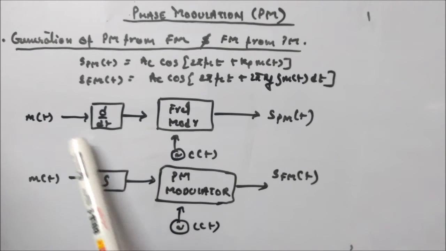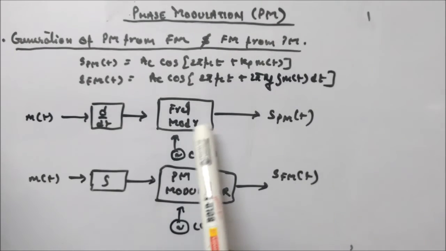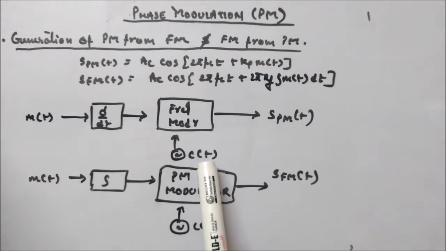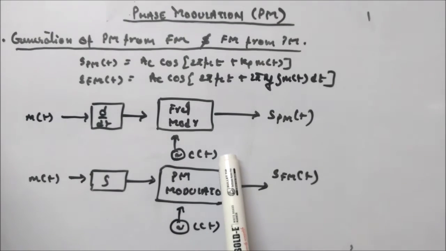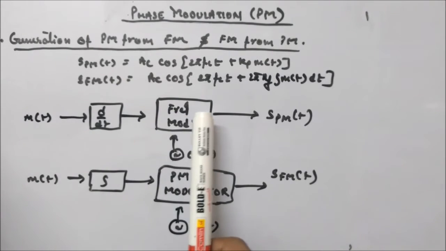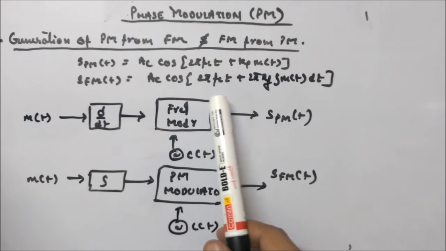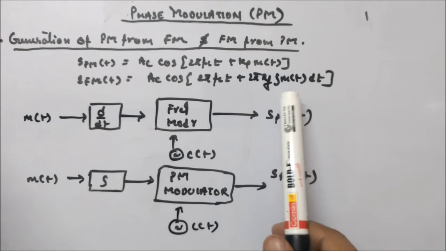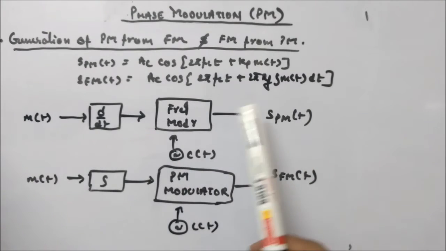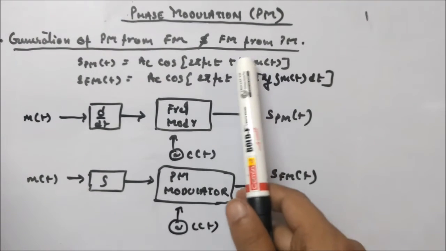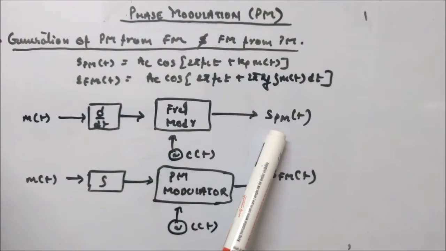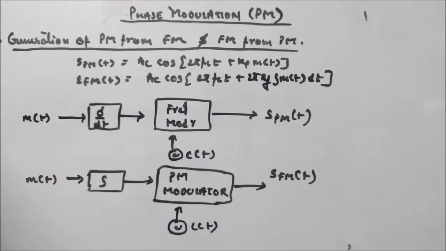So at the output you will get dm(t)/dt, and you put this inside a frequency modulator, like whatever we saw in the direct and indirect methods, and this is your carrier signal, generated by a local oscillator A_c cos 2πf_c t. So d/dt of m(t) will be taken as the input to the frequency modulator. It will generate a signal A_c cos(2πf_c t + 2πK_f integration of d/dt of m(t) dt), and since integration will cancel the differentiation you will get m(t) here, and whatever the constant is will be consumed in the phase sensitivity. That is how you can generate a PM signal from a message signal using FM.